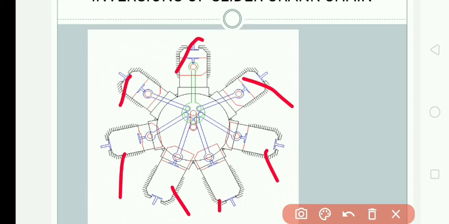We have 6 cylinders, and all the connecting rods are connected here to the rotating crank, and the crank is fixed. So when the crank rotates, the piston will reciprocate inside the cylinder. So this is how we convert the rotary motion to reciprocating motion, that is a rotary engine. The crank will rotate at the center and the piston will oscillate inside the cylinder, and the crank and piston are connected with the help of a connecting rod, that is a rotary engine.